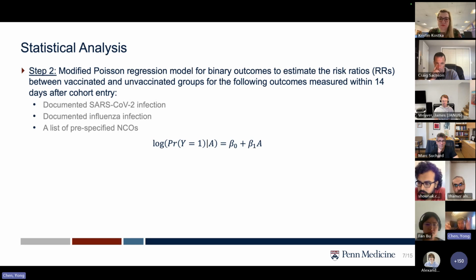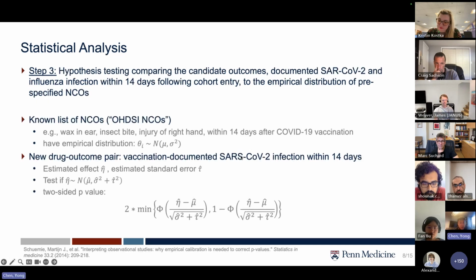But here we didn't use the logistic regression. We used the Poisson regression for better clinical interpretation because the coefficient has the interpretation of log relative risk. So finally, we conducted this hypothesis testing procedure to